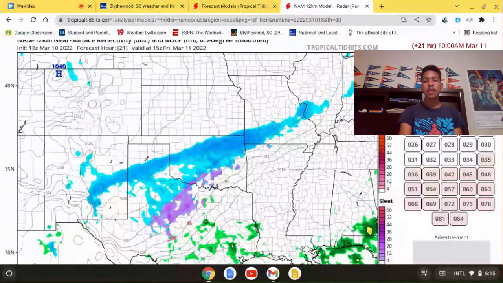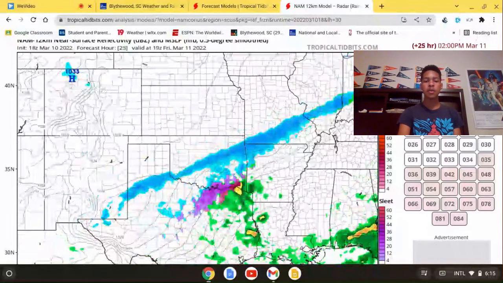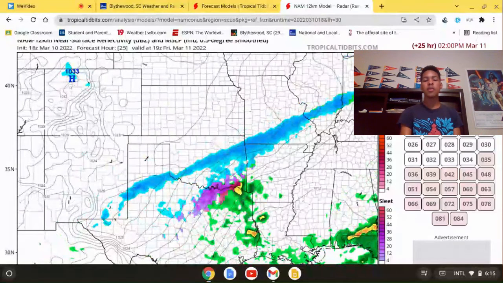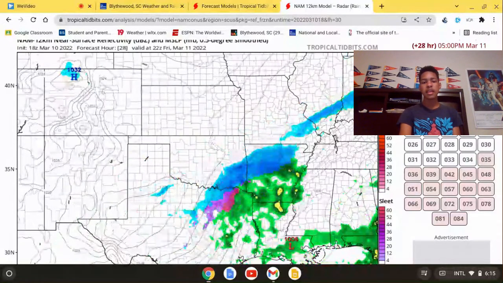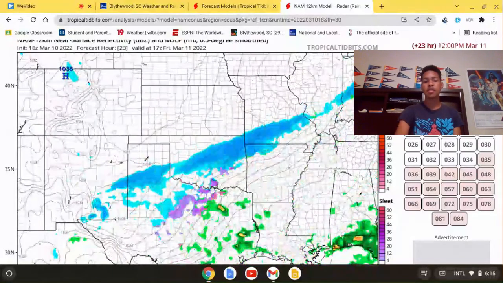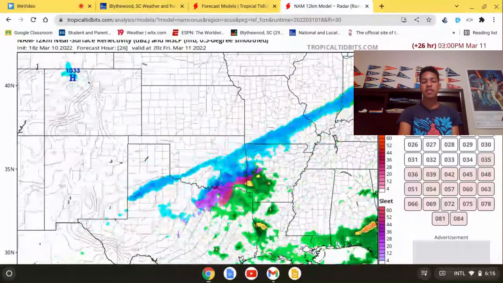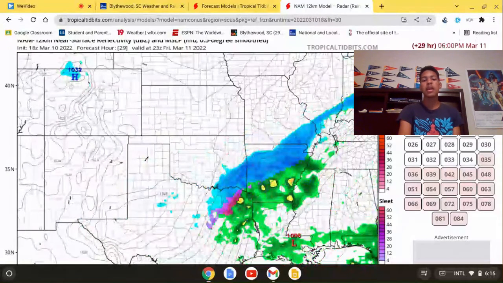Then it moves into the Dallas area. So if you live in Dallas, pay attention. Mainly the northern and northwestern suburbs of Dallas will be getting some snow. You can see there's a slight chance of seeing some snow in Dallas. It looks like it's just going to be sleet, and then change over to some brief, wet snowflakes, and then after that it's gone. So if you live in Dallas, it's going to be a really messy day on Saturday. We're going to start off as rain, mix with some sleet and freezing rain, and then end with some wet snowflakes. But it's only going to last maybe about an hour or two, and then it will leave.